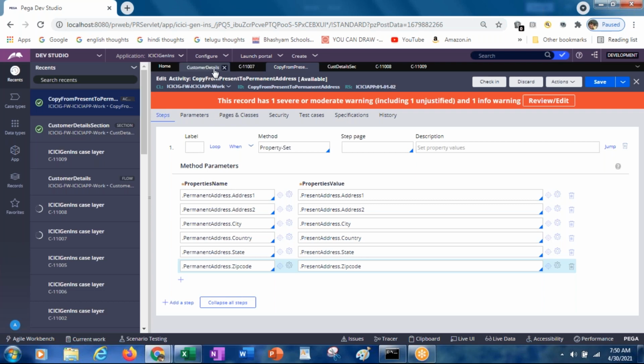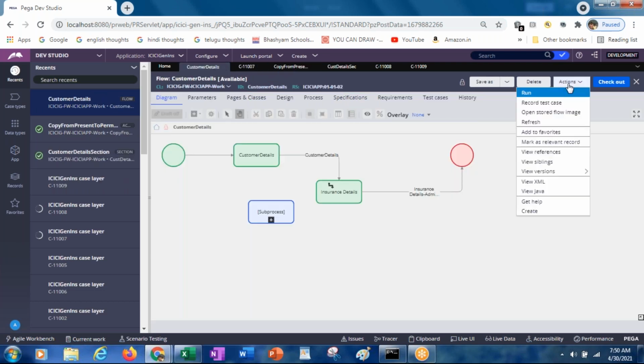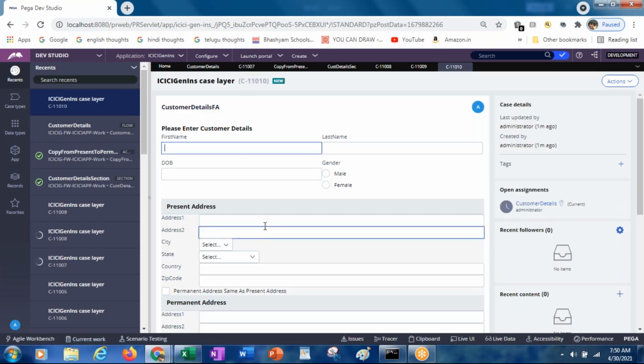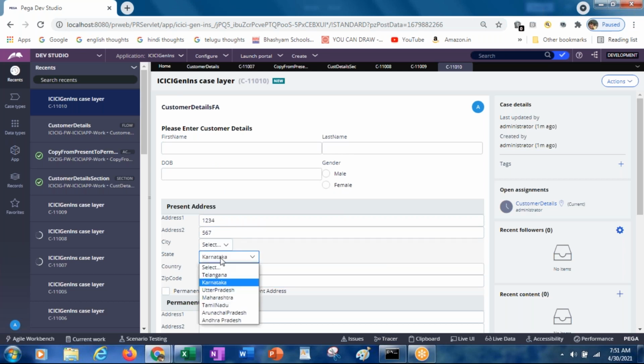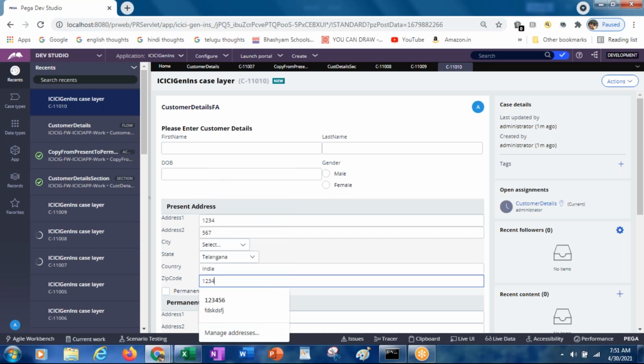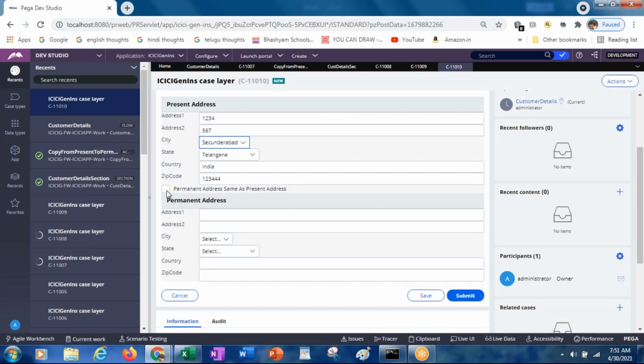Okay. Karnataka, we don't have anything, so Telangana. See, everything has been copied from present to permanent address.